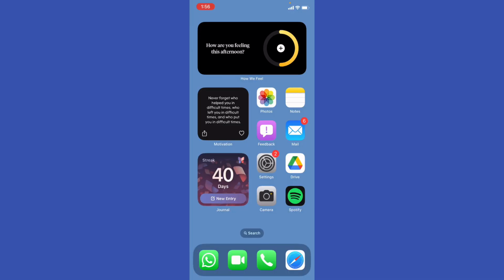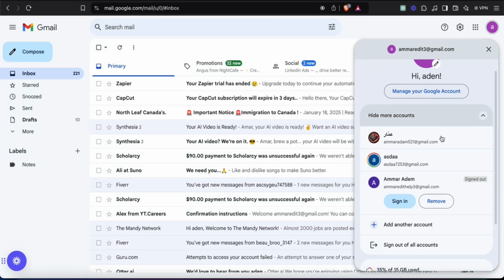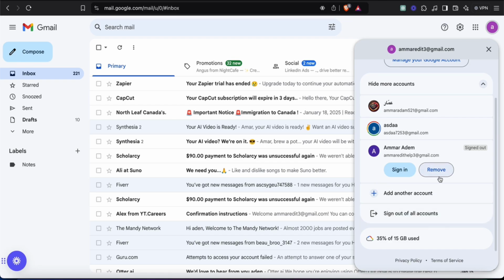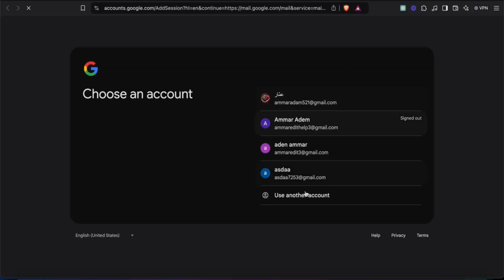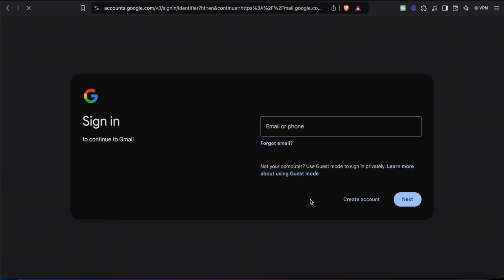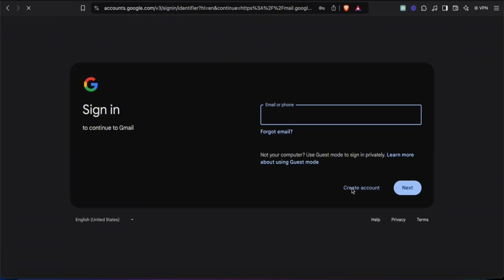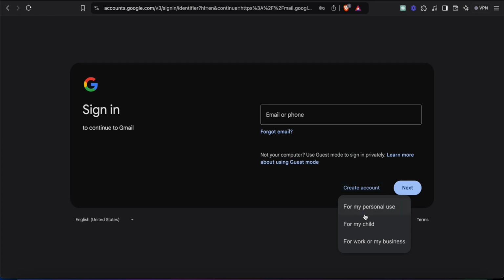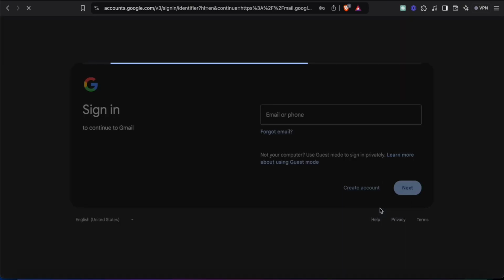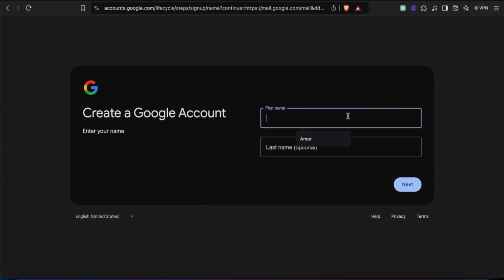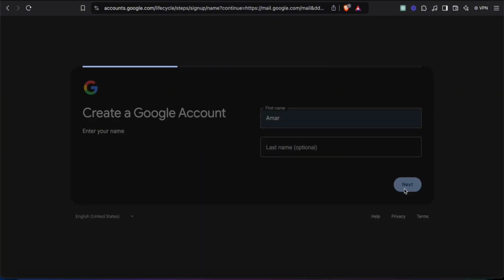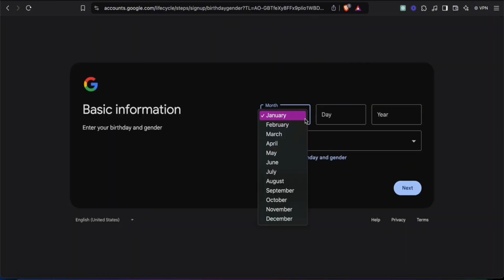So I almost forgot, as for PC, you're gonna click your avatar icon at the top right, and then just sign up or add another account. In my case, I'm gonna add another account, and then you click use another account and click create account, and then select your reason, personal, child, or whatever. In my case, personal. Enter your first name, of course, and last name if you want to, and then enter,